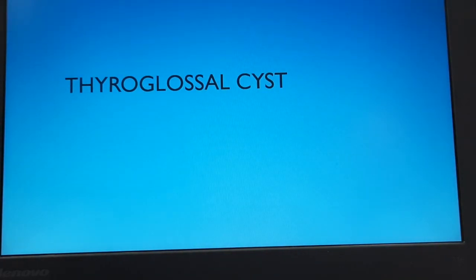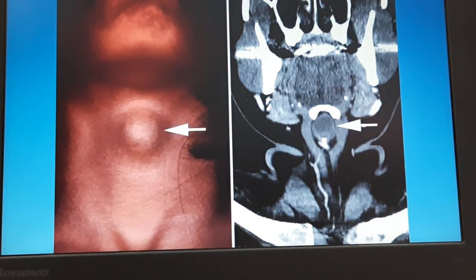The last but not the least is the thyroglossal cyst, which I am trying to show you. It is present in the neck region, and is a lesion found as a result of the descent of the thyroglossal duct, and you will find the lesion present in the neck region, and this lesion could be of